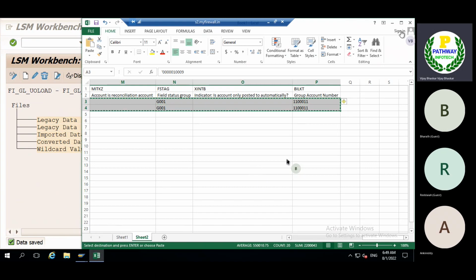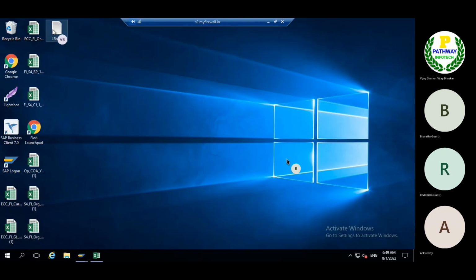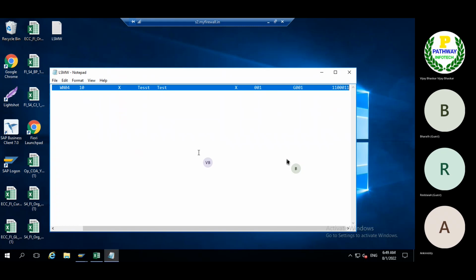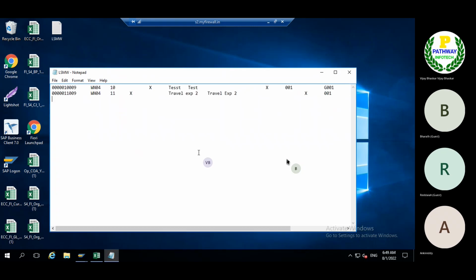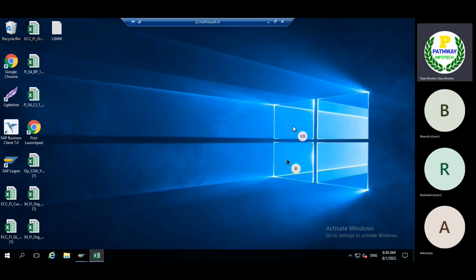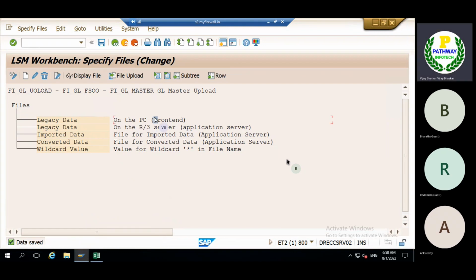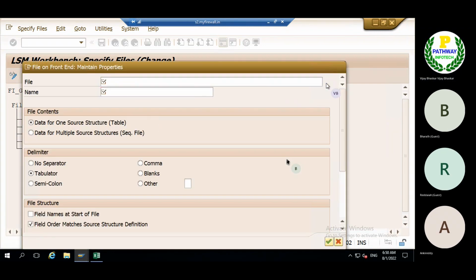Now, as soon as we delete the existing record, first save it, then paste it, come back, then save it again and close the file. Always close the txt file, otherwise the system won't accept it. Then select the file.